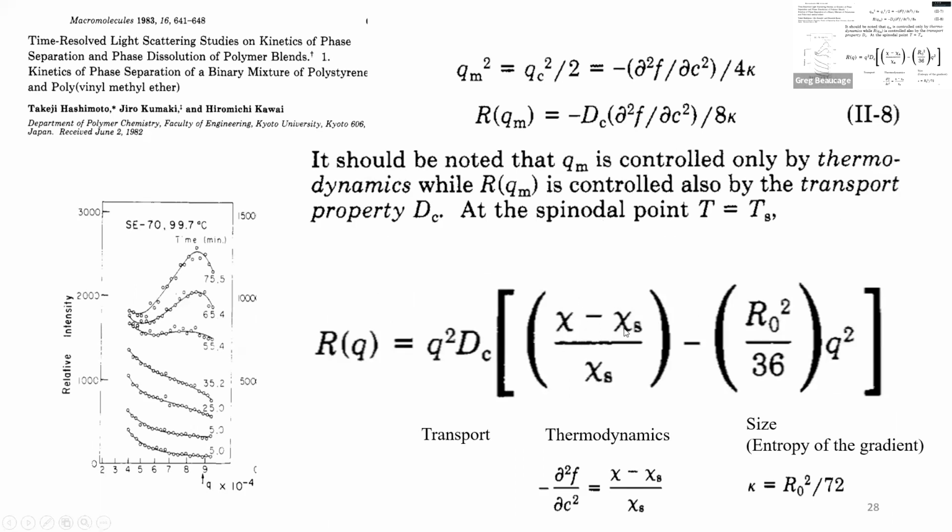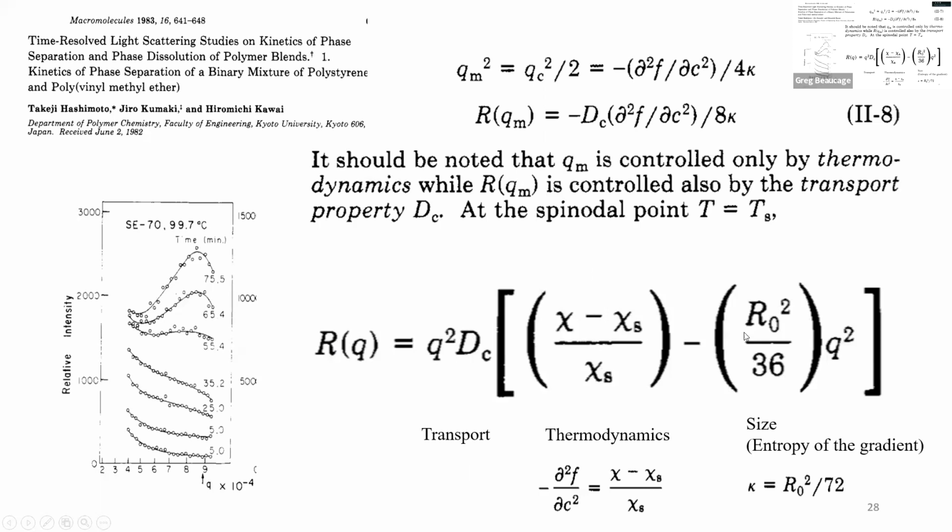So you'd have omega minus spinodal omega. Spinodal omega you can calculate from the second derivative, right? So spinodal omega is just going to have the temperature in it, the spinodal temperature. So from that you can calculate the growth rate from the transport and the thermodynamics of the system, and this is